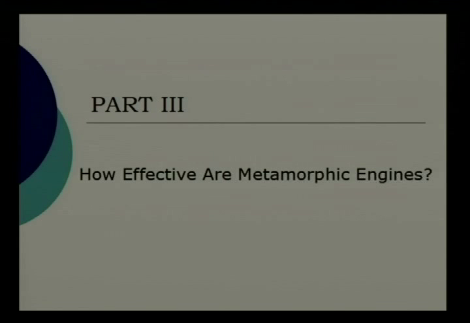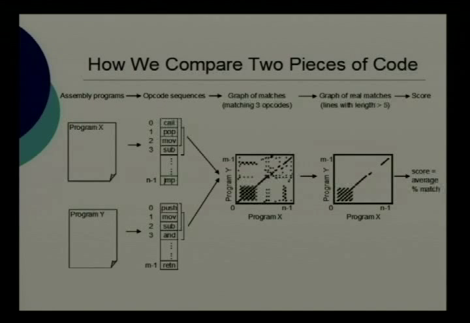So are they effective? How do we measure that? First of all, I want to go through the metric that we use to compare two pieces of code, because we are comparing whether two virus variants look different. This is the method we use. We take two assembly programs and extract all the opcodes, excluding blank lines, comments, and labels. We only get the opcodes and also exclude no-ops. So we get two sequences of opcodes. One is of length n, and we number them 0 to n-1. The second program may have m opcodes, and we label them 0 to m-1.